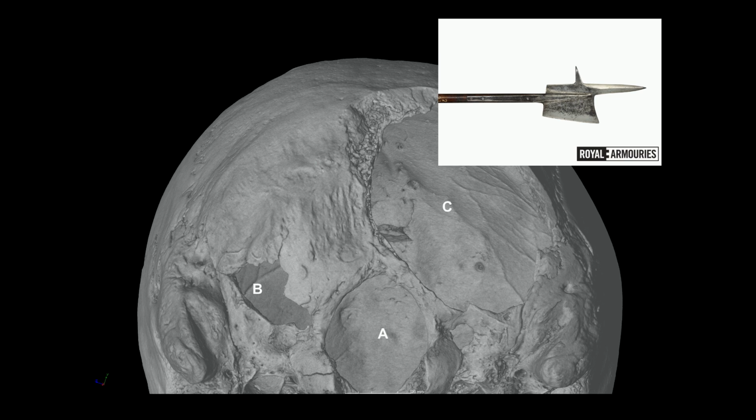And so that would cause injury in that way. And the axe side of it is a slicing weapon. So we think that injury was caused by something like this. Substantial piece of the brain would have been exposed. This injury would have been fatal, but not immediately fatal, maybe depending on how much brain was exposed at the